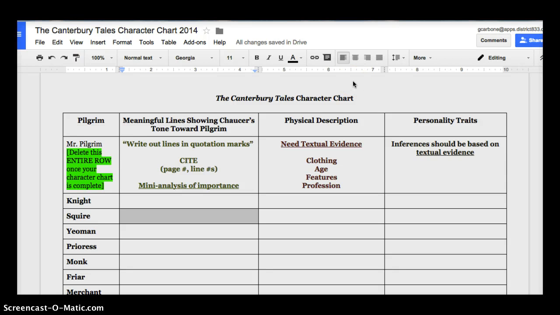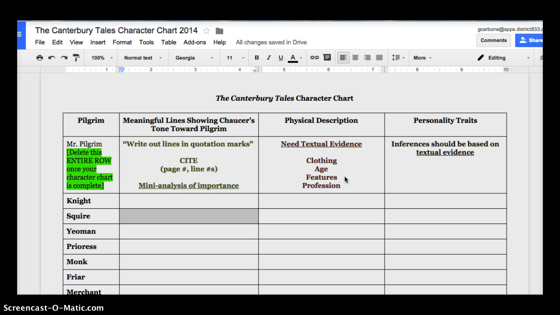The next category is loosely related to the physical description of the pilgrim. You should have textual evidence for all of these pieces. However, that textual evidence does not need to be written out as a direct quote. You can certainly just refer to the line numbers for these pieces. Within here, you may want to consider the clothing that the pilgrim is wearing, the age of the pilgrim. You also want to consider any distinguishing features that the pilgrim may have, and in this category you want to